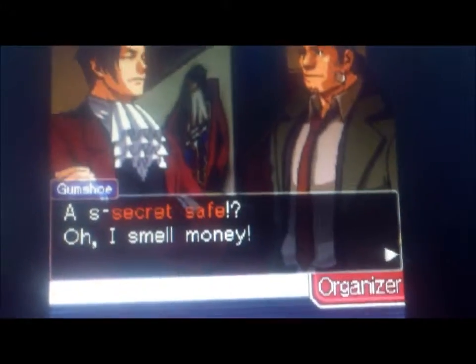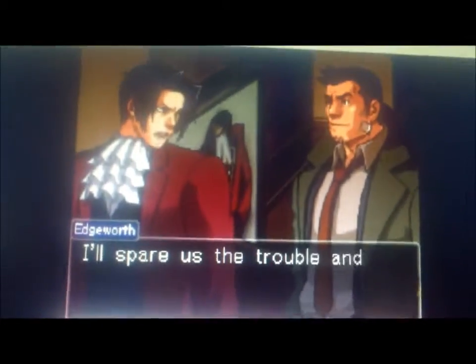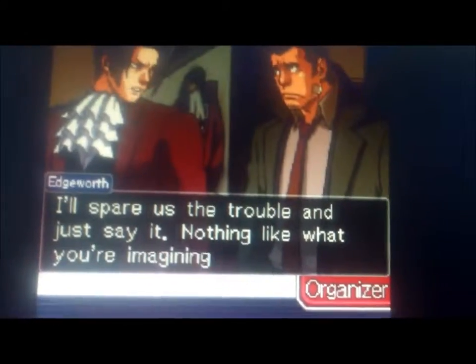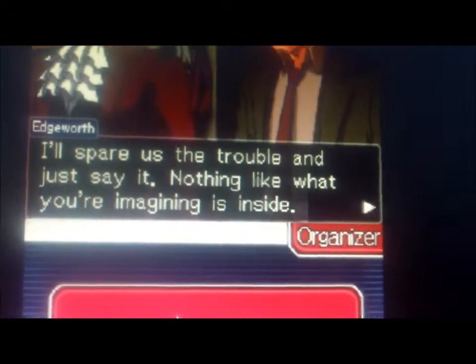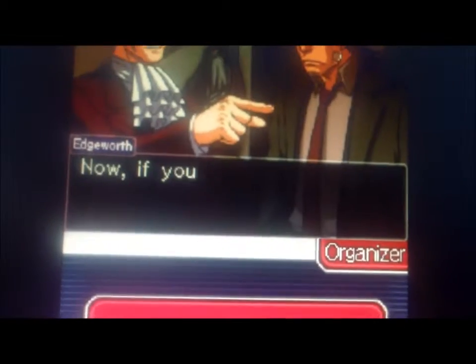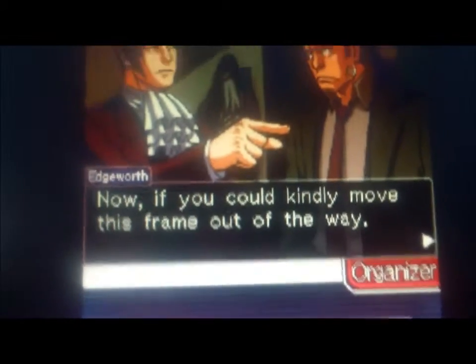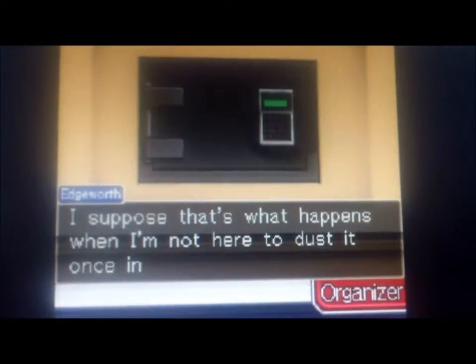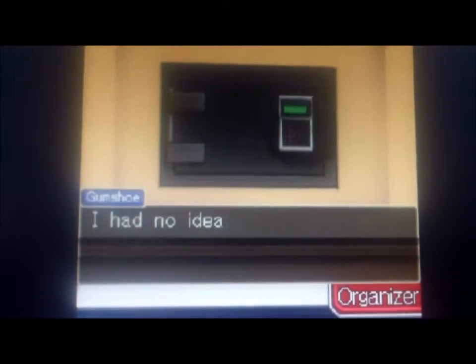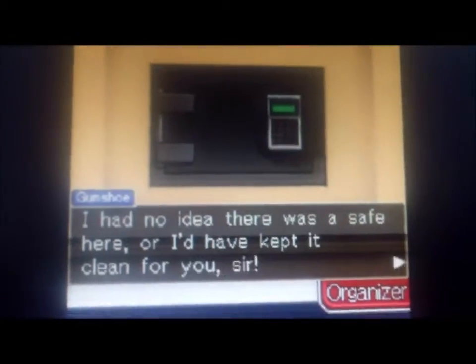That's a secret safe. Oh, I smell money. I'll spare us the trouble and just say it. Nothing like what you're imagining is inside. Now, if you could kindly move this frame out of the way. Roger that. Talk about dusty. I suppose that's what happens when I'm not here to dust it once in a while. I had no idea there was a safe here, or I'd have kept it clean for you, sir.